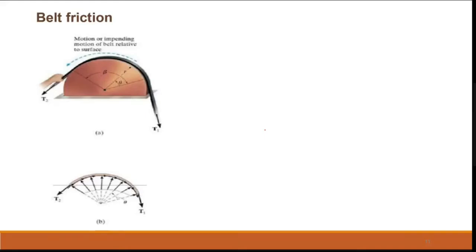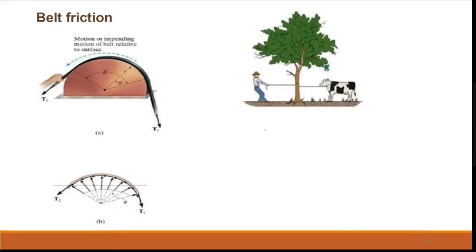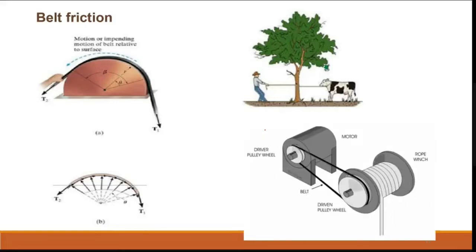So let me give a small introduction about the belt. Belt is something like this. So it is having a contact. It is also used to tie any object, right? So this also acts as a friction, and mainly a belt drive. So from motor to rope, if you connect it to transmit power, right? It is used to transmit power from one shaft to the other shaft, like a gear, right?